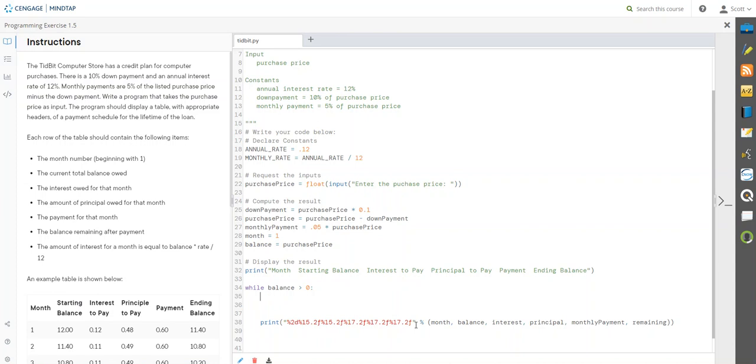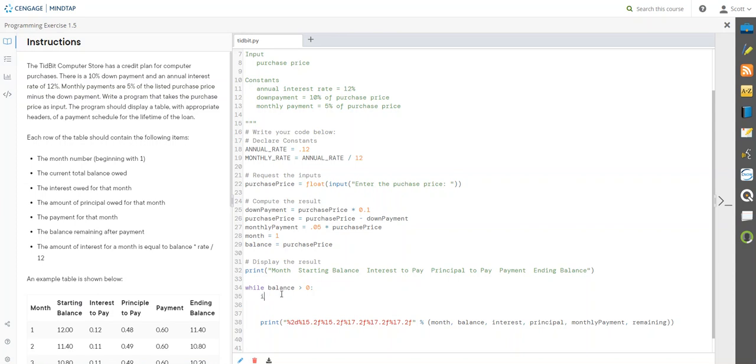So what are the calculations that I've got to do? Well, let's think about this. As long as my monthly payment is greater than the balance, my monthly payment is how much I've got to pay each month. The last month may be smaller. So as long as my monthly payment is greater than how much I've got left to pay, let's perform a